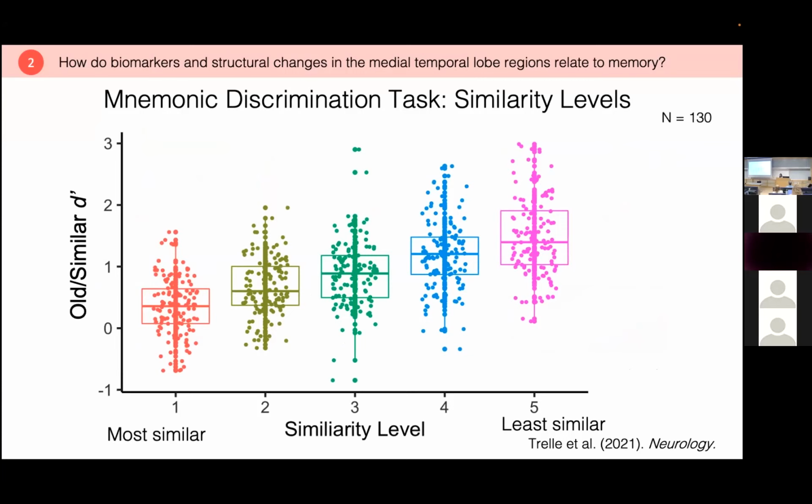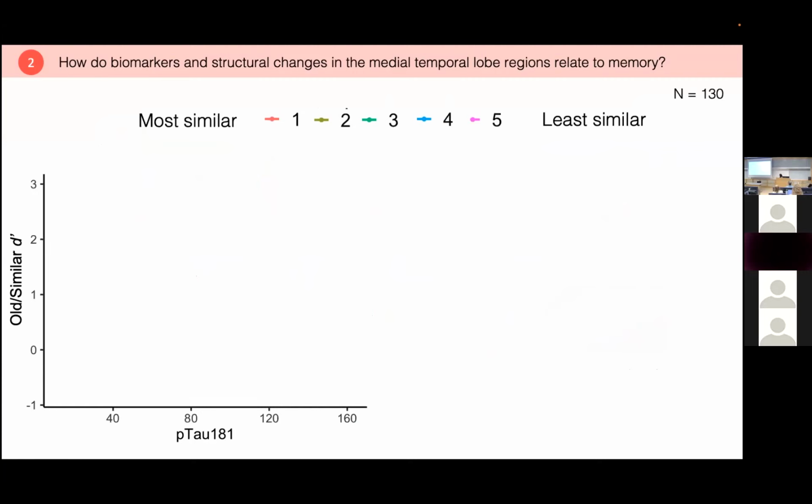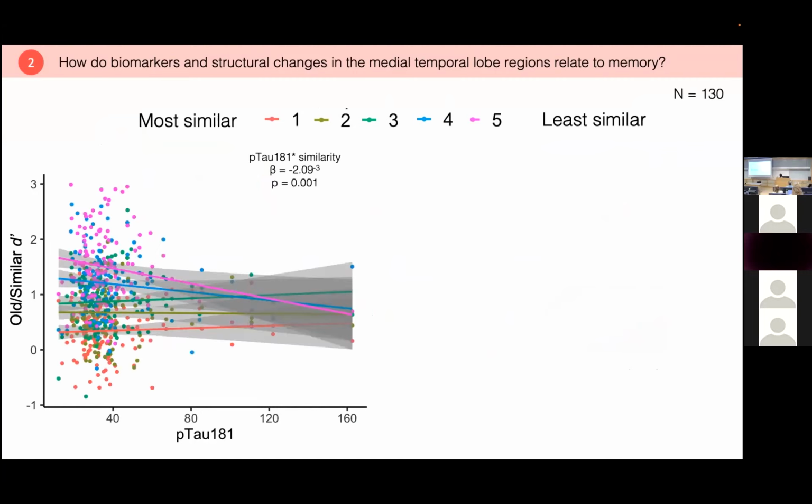And so one big question is, how does p-tau relate to this? We had previously looked at this. This is a complicated graph, so I'll walk you through it really quickly. This is a linear mixed model, which indicates that every single participant is represented 5 times, once for each of the lure bins, 1, 2, 3, 4, and 5. You can see here that when participants are at low levels of p-tau, there is this improvement across all of the lure bins, as you would expect. As the trials get easier, their performance gets better.